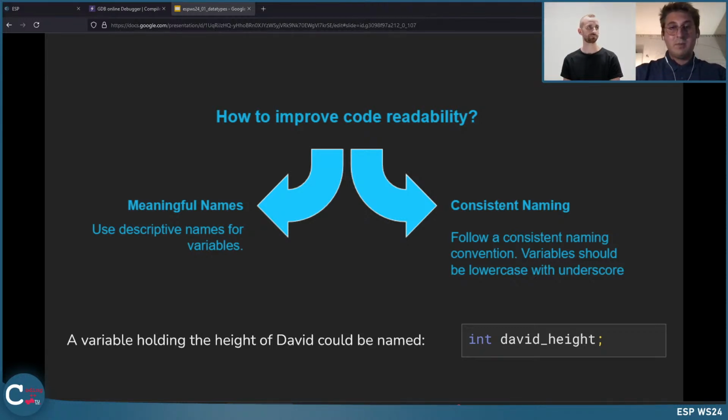And one example we have prepared here, for instance, is if you want to store the height of David in a variable, we would, for example, declare a variable named David underline height, and this name then perfectly describes what we want to store, and also others will know the purpose for this variable's use. So what is stored in this variable. And by the way, we have also clearly defined the naming convention, so how you should name it. For example, with this underscore between the words. So you can find them all on our course website.